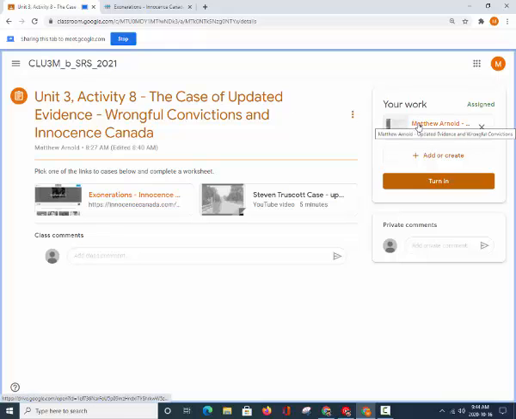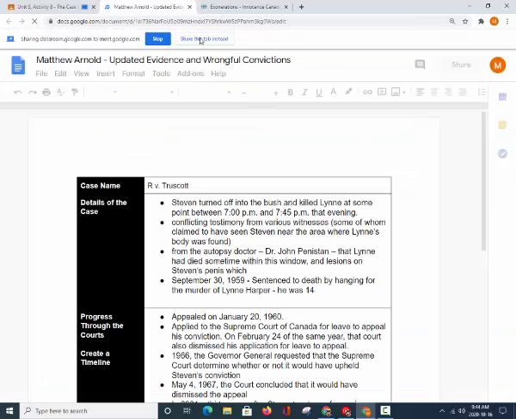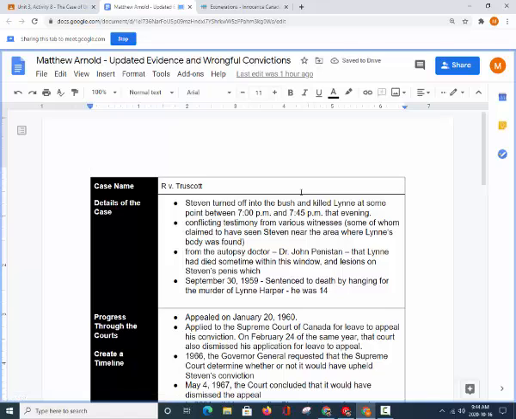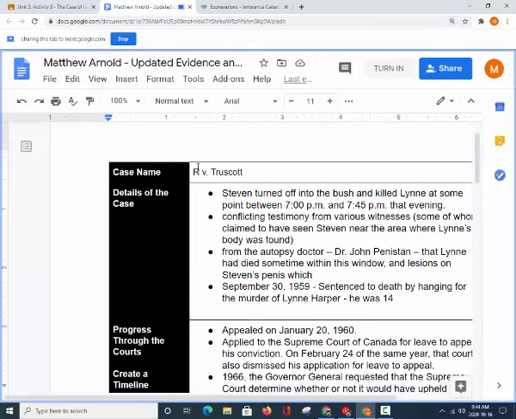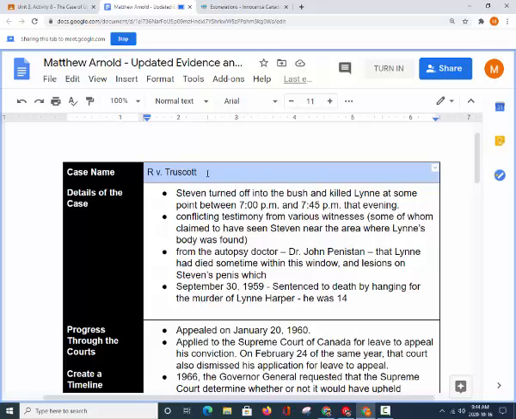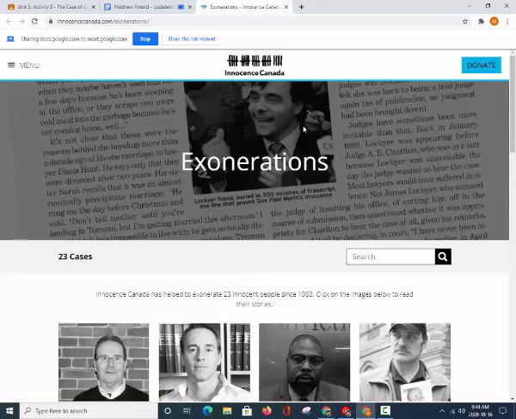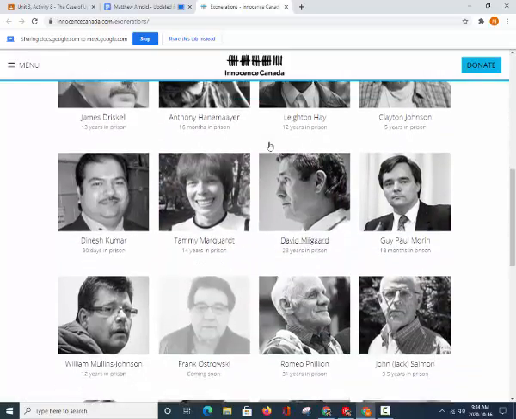So if you open the planner, you will see that it looks like this. So your copy is not going to be this full. In fact, your copy is going to be blank because you still have to add details to it. The way you do that is you have to first pick a case. So you can see that my case that I chose was R.V. Truscott. And if I go down